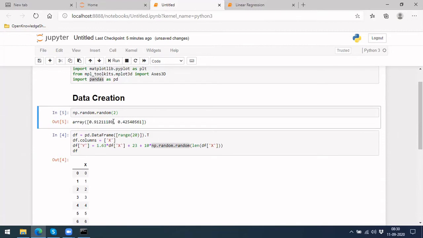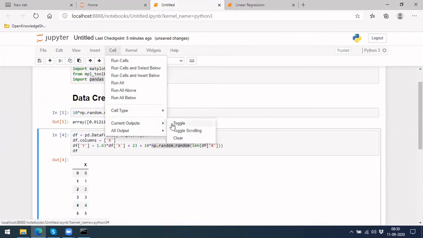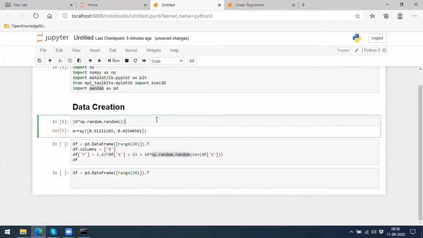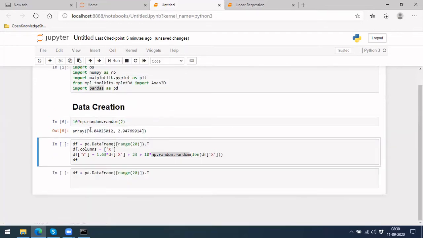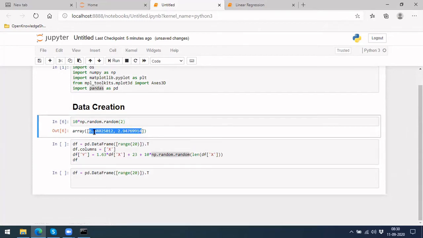If you want a random number within 0 to 10, you multiply this with 10. See, it has generated some values completely randomly, like 6 point something, 2 point something. It will be in the range 0 to 10.